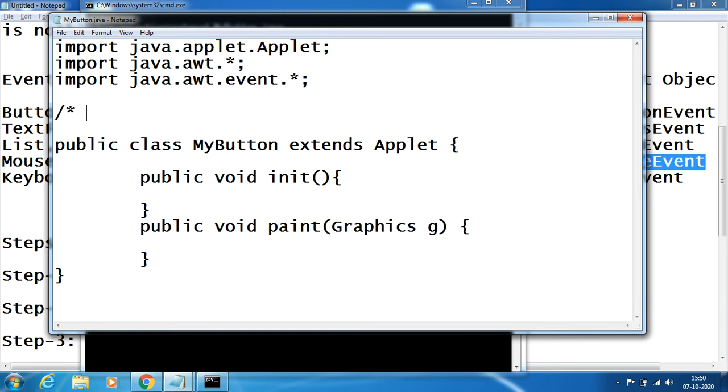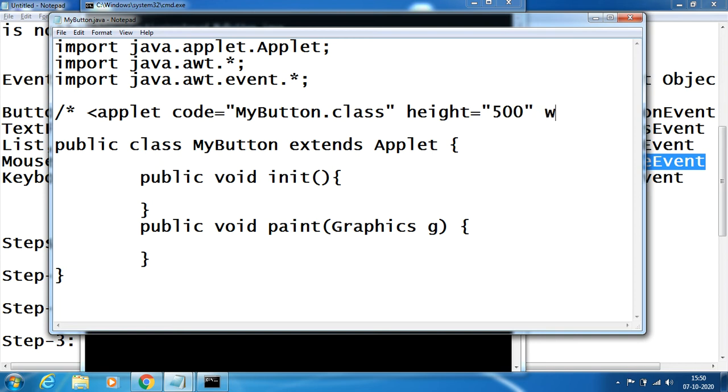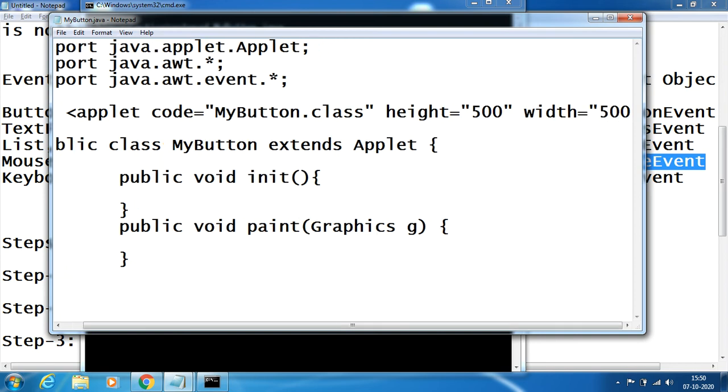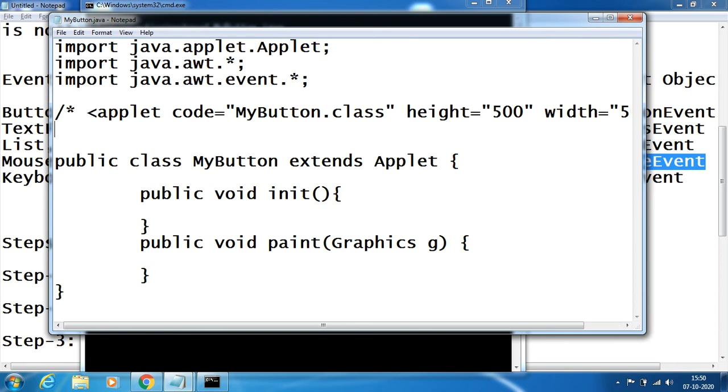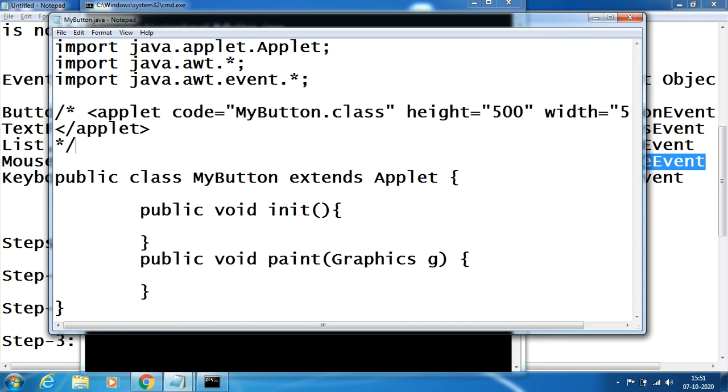So keep comment and give applet space code equal to my button dot class space height equal to say 500, width equal to 500, close the applet, and finally end the applet tag, and finally close the applet comment also.